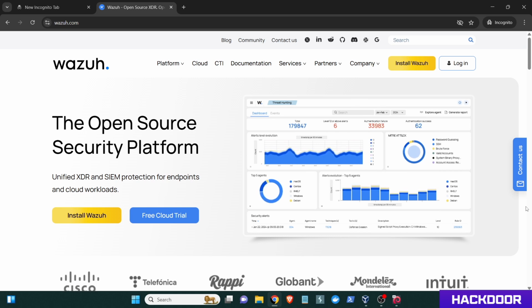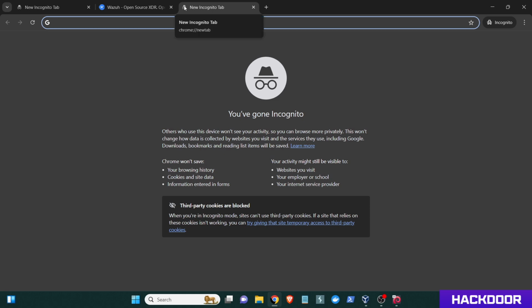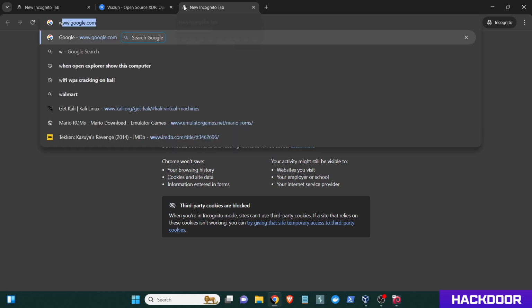The fastest way to run Wazuh in your home lab is to use a VirtualBox VM. Also, if you want to run it through Docker, that can be a very good option, because with one command you have got Wazuh Manager, Elasticsearch, and Kibana ready. But for this particular video, I'm going to take the example of installing Wazuh in your home lab as a VirtualBox VM. So quickly go to Google and type Wazuh